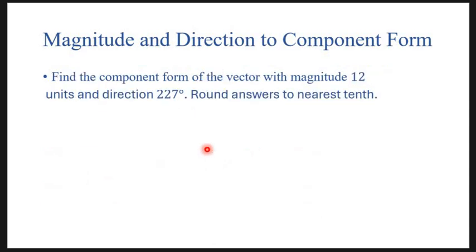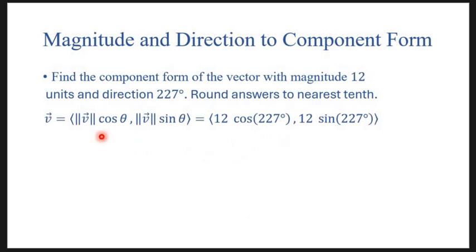So here is an example. Find the component form of the vector with magnitude 12 units and direction 227 degrees, round to the nearest tenth. Well, based on the formula, pretty direct. To find the component form of that vector, I take the magnitude and multiply it by the cosine of the angle, and then the second component is going to be the magnitude times the sine of the angle, which in